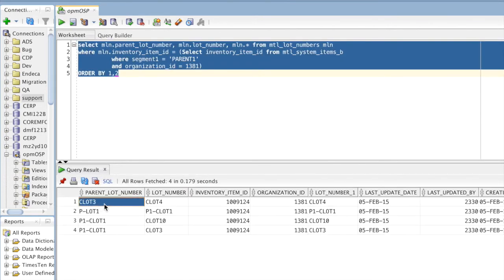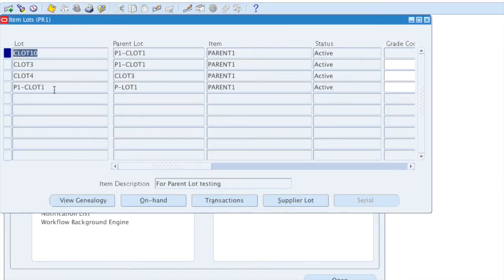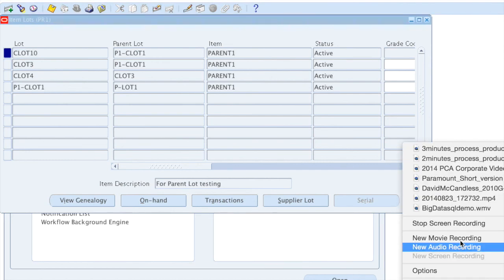So P lot 1 is just a pure parent lot. We could also make a query on MTL lot numbers and see similar data. If you look, P lot 1 is a parent lot number. It has P1 C lot 1, and P1 C lot 1 is used as a parent lot for another lot. So on and on, we could create